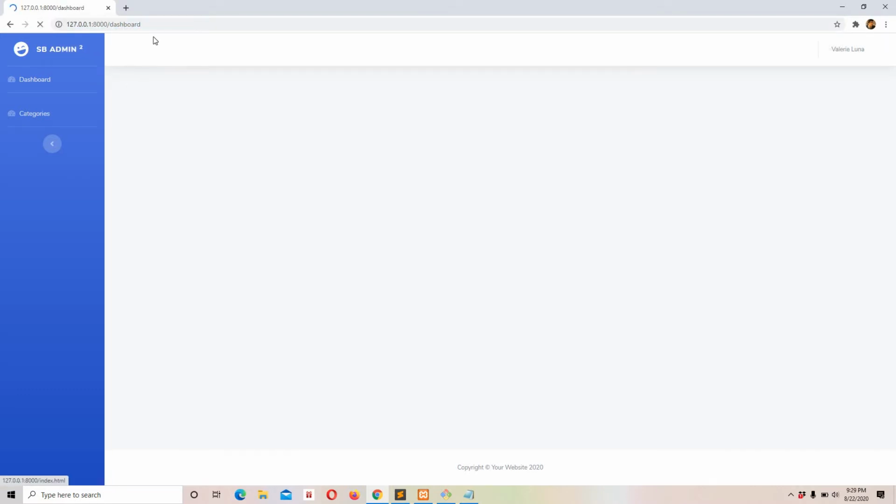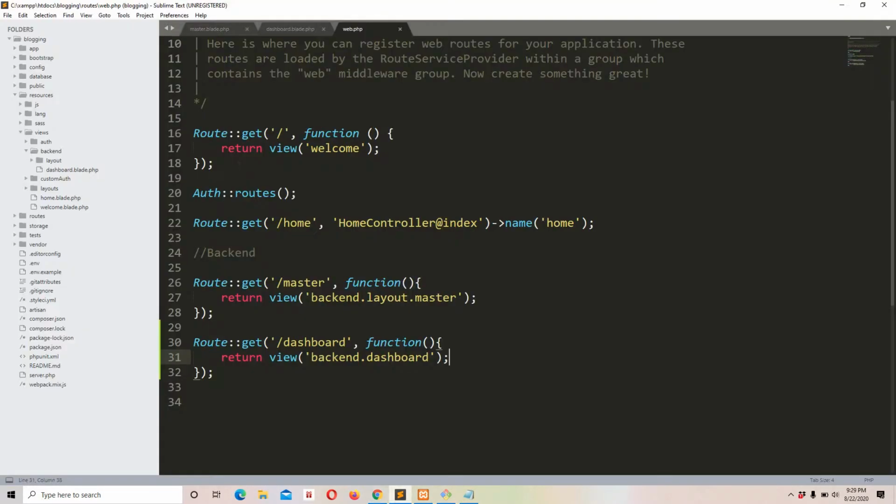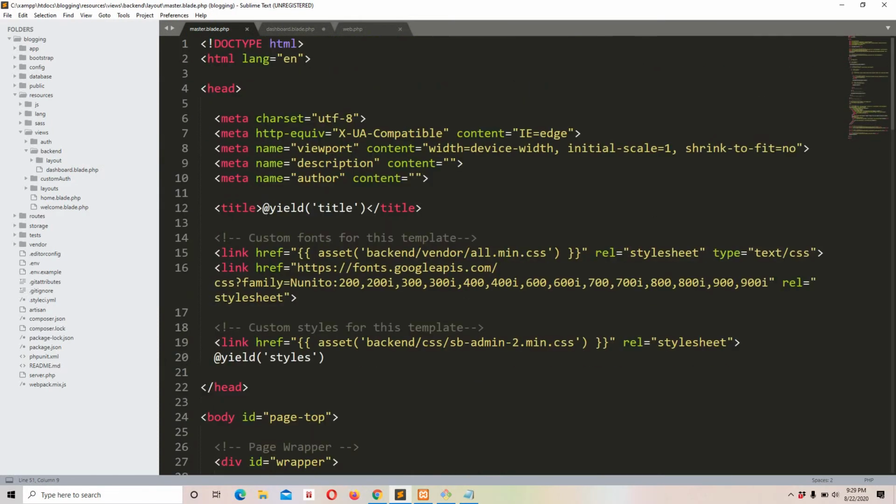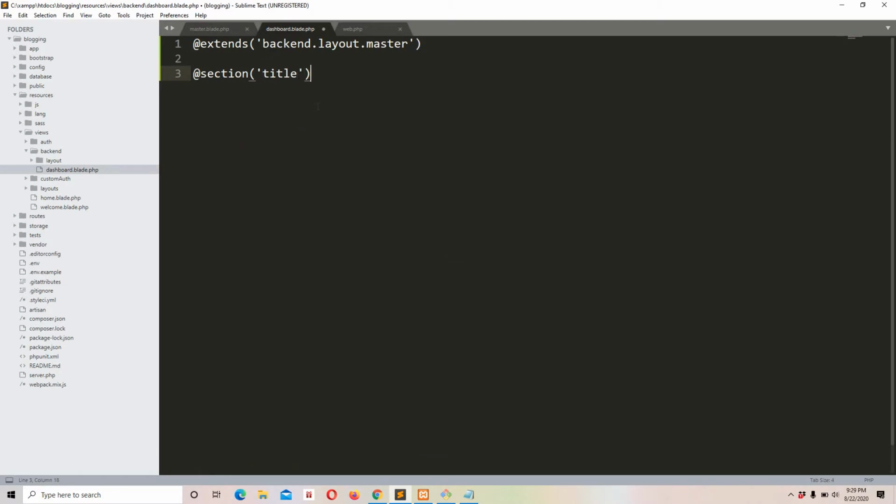Okay, so now you can see we are on the dashboard route, and we can see our layout that is successfully extended. So now let's create all the necessary sections like title. You can see right here it will change just now when we create a section. Okay, let's move to dashboard, and right here let's create a section @section. This time it would be title. Basically in this case, this section we are using this yield title section, okay, for the title purpose. And let's end this with @endsection.